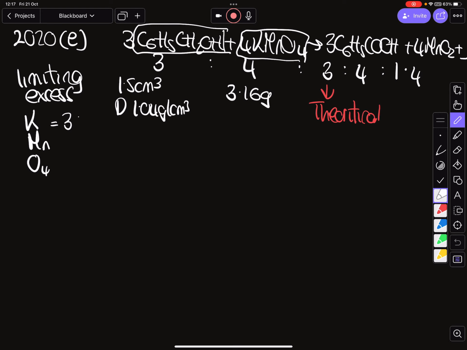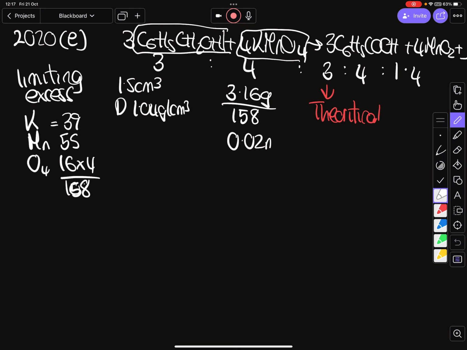K is 39, Mn is 55, and oxygen is going to be 16 by 4. When we add all those up together, that should give us 158. So I'm going to divide 3.16 by 158 to get my moles,